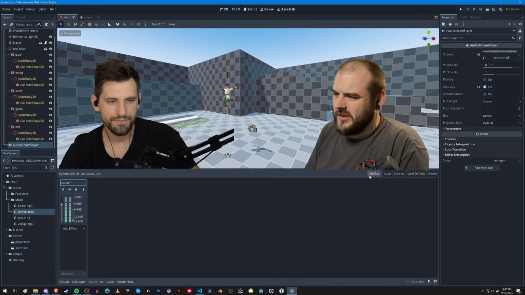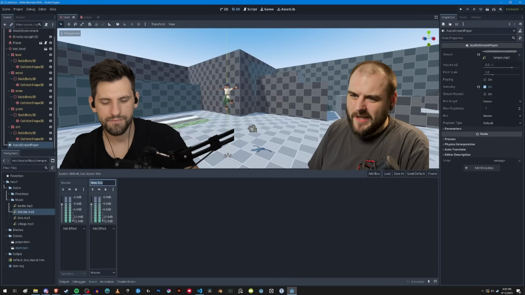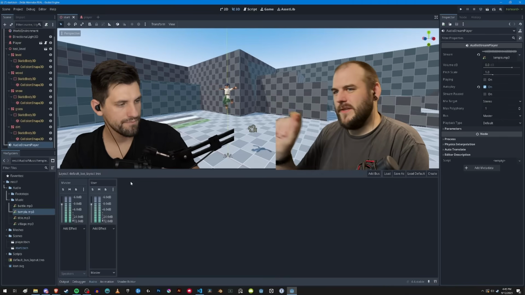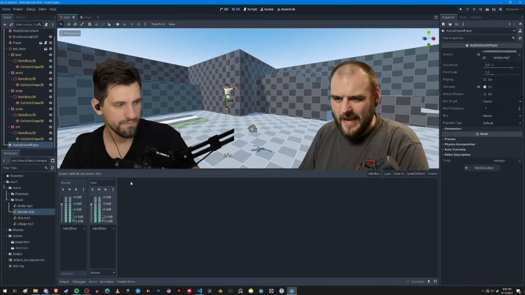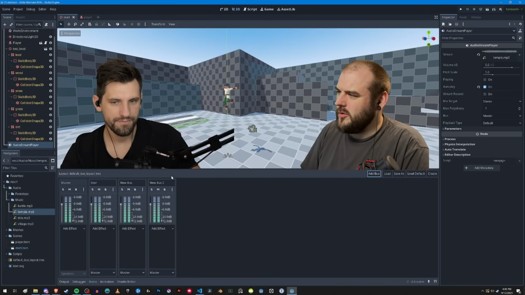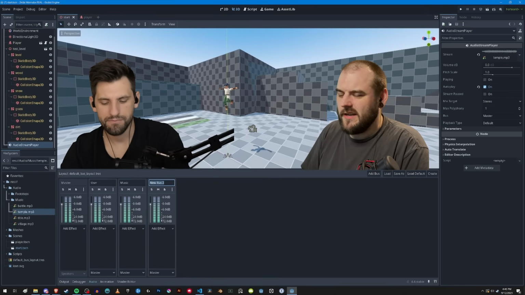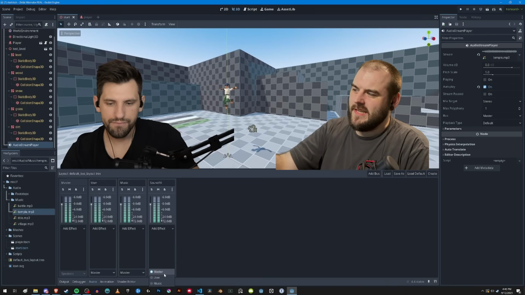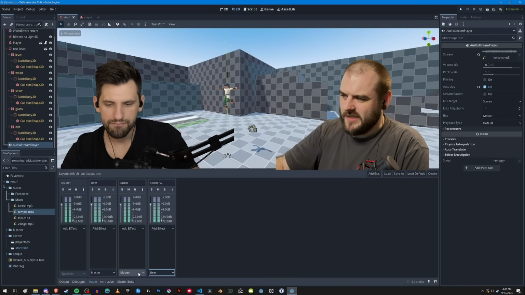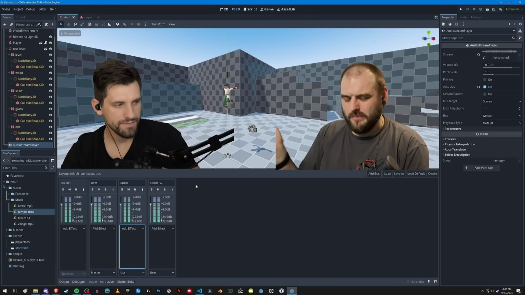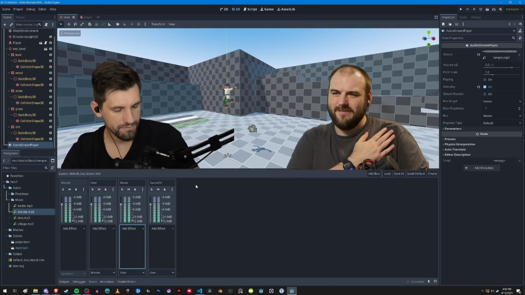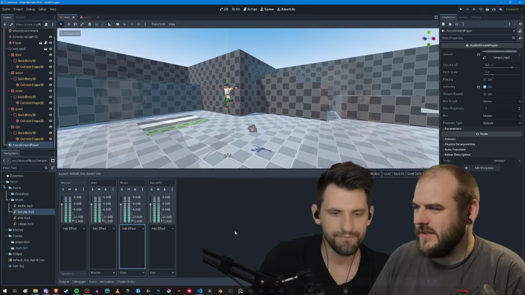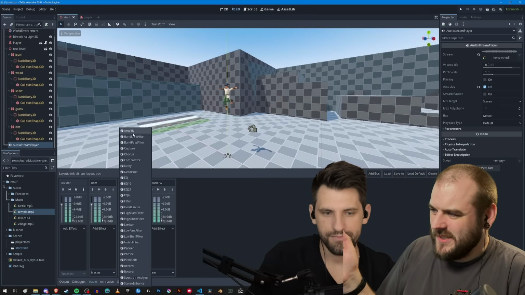We'll add another bus though in the top right there. And we'll call this one the user master. And this is basically where we can have a user master volume slider. So if the user wants to turn all their game audio down, they can. Let's add 2 more buses. One will be music, and then one will be sound effects. And at the bottom, we want to make sure that we route both of these into our user bus, not the master bus. And once again, this will let us make audio sliders later on, so the user can say hey, I want to turn my music volume down or all the way off and just have the sound effects. Cool. And you can see all the different effects you can add to audio buses there too, which might be